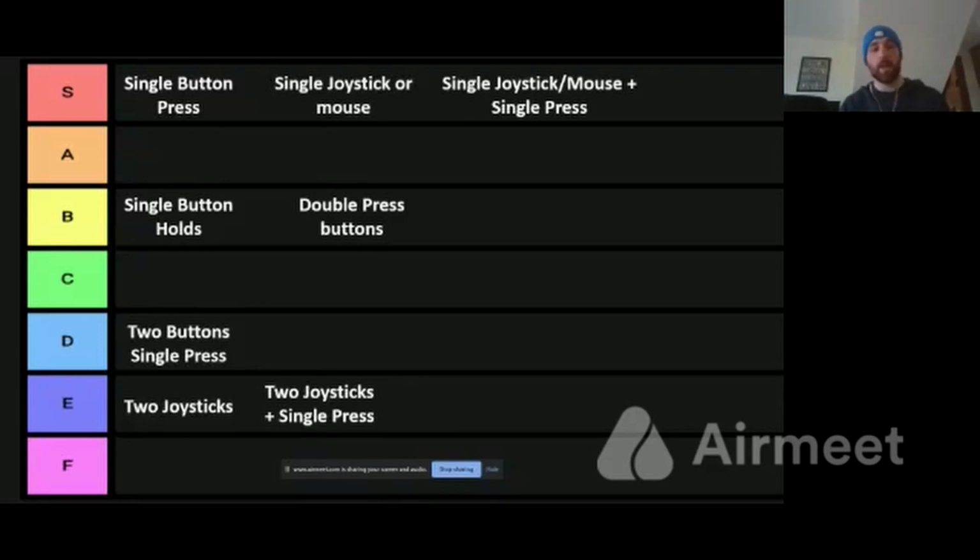As you probably guess, 2 joysticks, single press. Again, trying to do 2 joysticks and 1 button at the same time is even harder than just doing 2 joysticks. And finally, down the F tier, multiple button press and holds. So this is pressing 2, holding 2 or 3 buttons down at the same time,